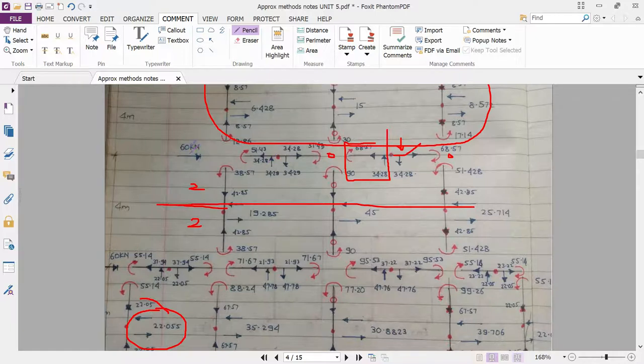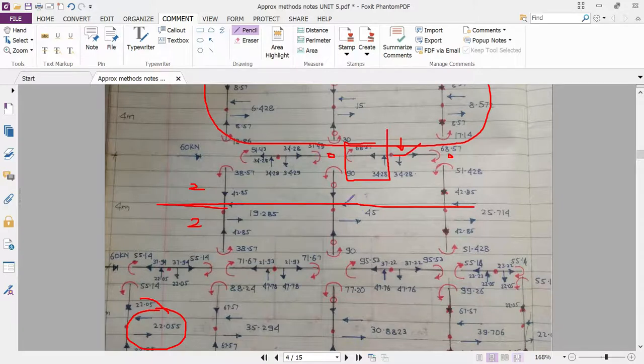This 60 kilonewton force is going in the rightward direction. So 60 minus 19.28, what will be the answer? That is 34.28. Okay, so why is the sign convention like this? Because 60 minus 19.28, as it is going in this direction, we have to apply the opposite force so that the condition of equilibrium is maintained. So 34.28, the axial force in the beam will be like this, and similarly in the opposite direction it will form like this.